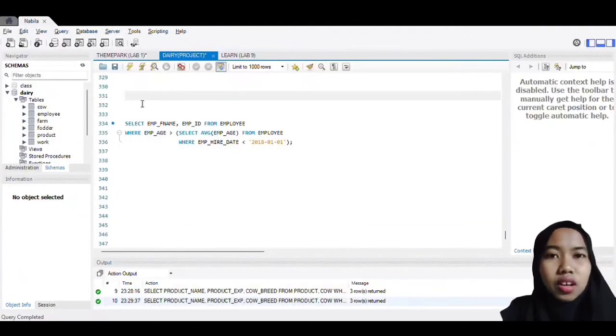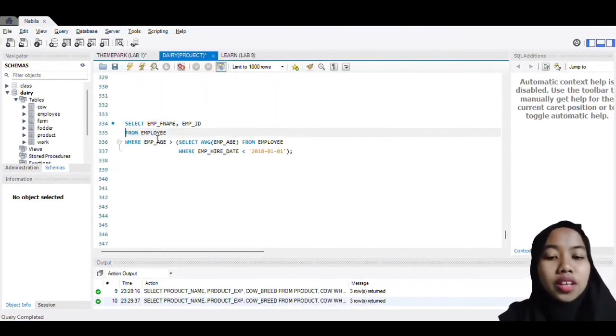Next, question 2. Manager needs a list of employee first name, ID of employee that age is more than average of employee. The list should select only employees that were hired before 2018. So we select employee first name, employee ID from employee, and then where employee age is greater than, and then we must select again average employee age from employee, where employee hire date is less than 1st January 2018, because we want to select employees that hire date is before 2018. So we run,